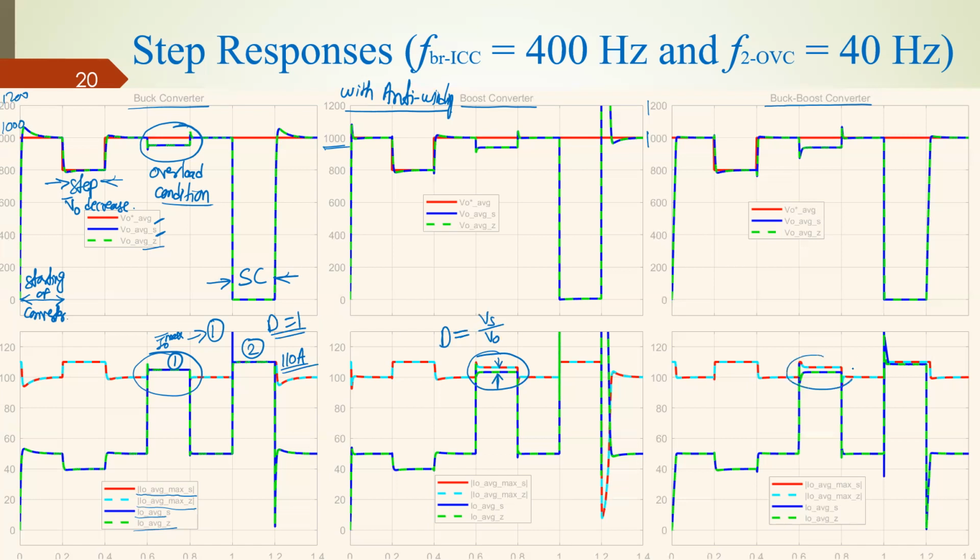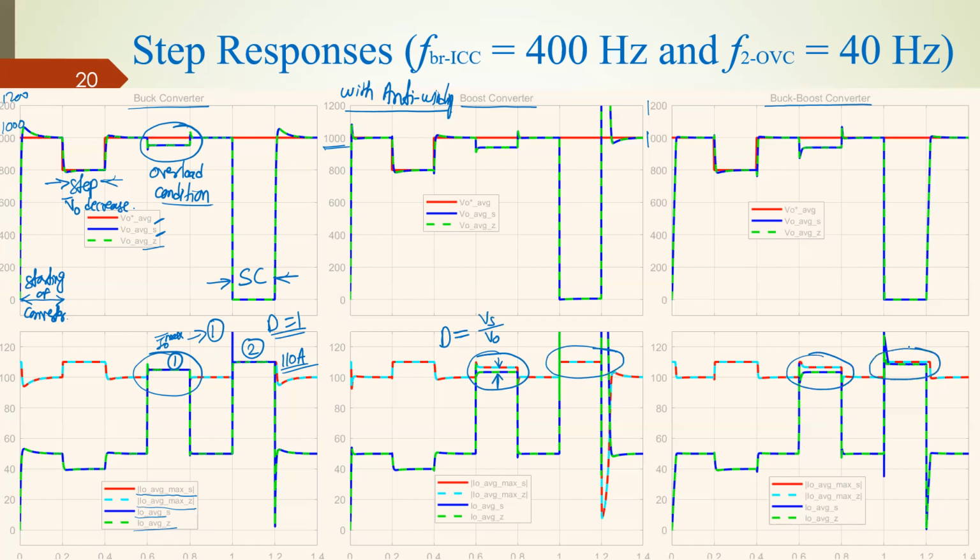And for the buck boost converter also, you can see in the overload condition your output current is limited. So for the boost converter and buck boost converter, your output currents are limited during overload condition. But here the interesting thing is during the short circuit: for the boost converter, the green and blue curves are not here, so they are somewhere up. So the output current is not limited during the short circuit for the boost converter, but for the buck